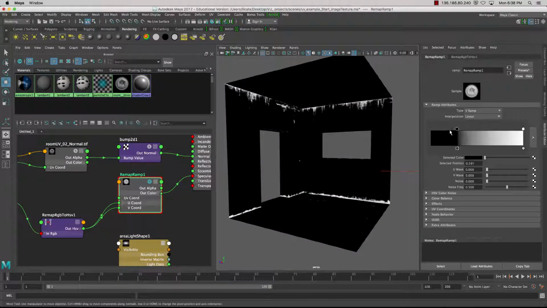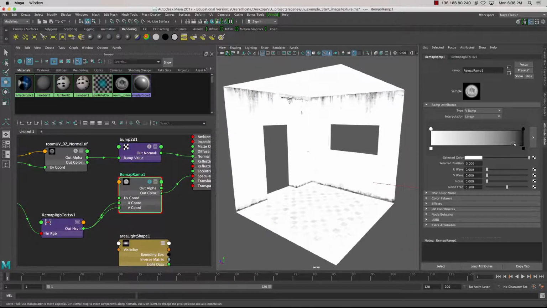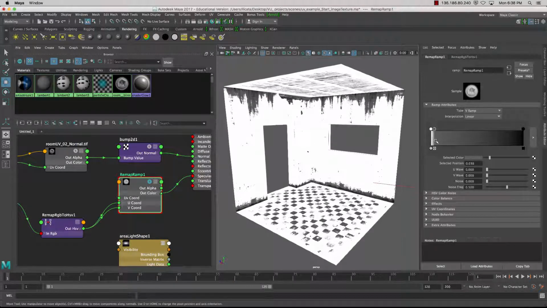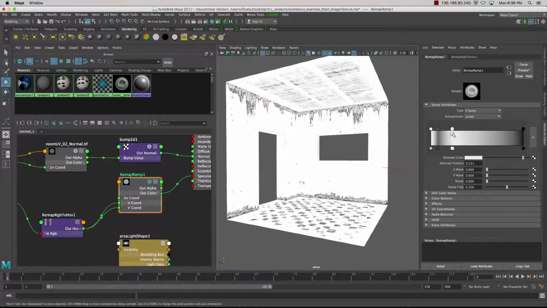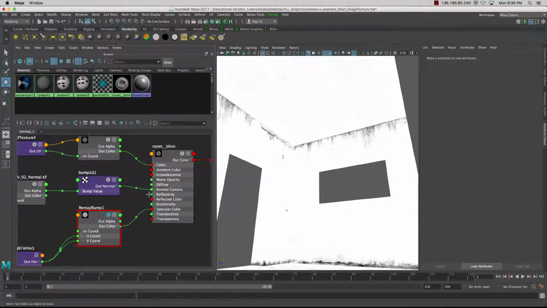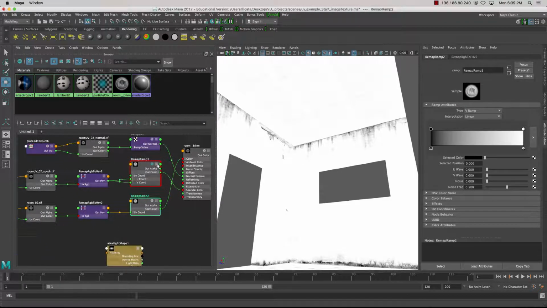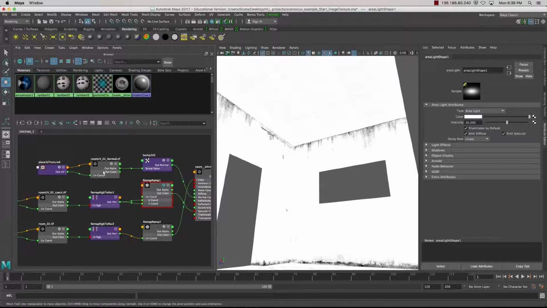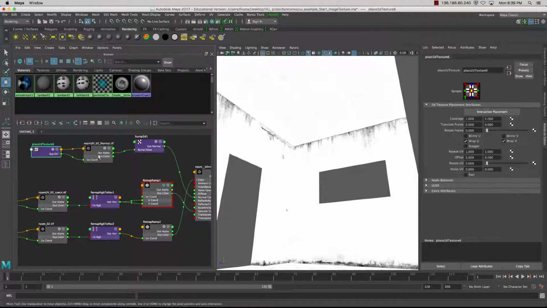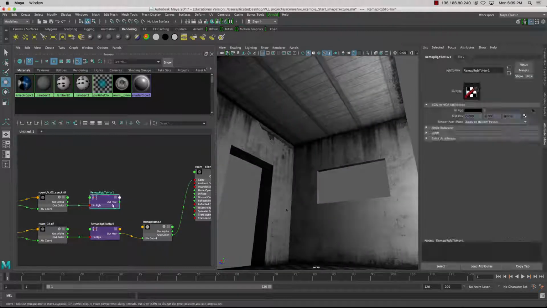I can now affect this texture depending on how I manipulate this ramp. So for instance, I could invert it like so, or I can make things a bit darker and whatnot. And I can really play around with how things are working here. What this means is we can also take color and do the same thing. So I've got my color remap, and I'm going to rearrange this now. Instead of the normal, I'm going to get rid of that, and I'm going to get rid of my specular,